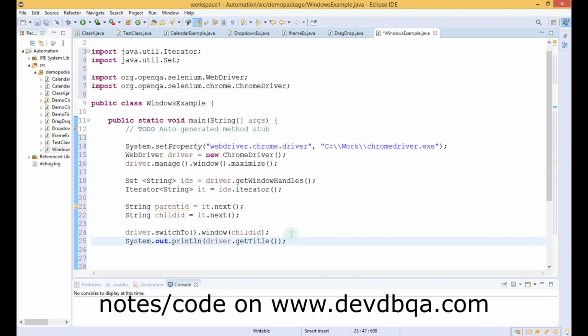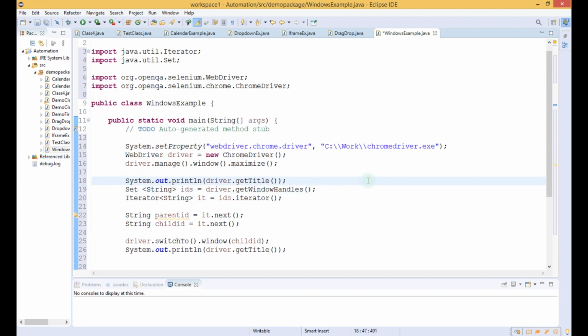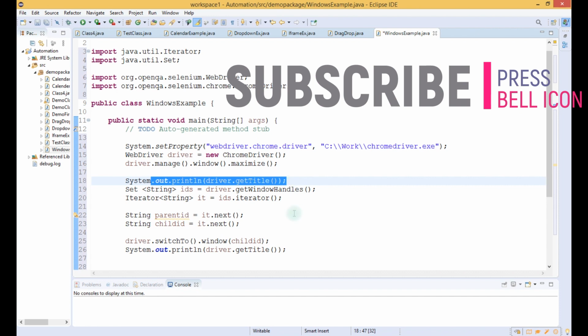Before switching, we can also write this statement so that we can get to know what the title is before switching and after switching. So I will write here driver.getTitle, right? It will switch to the child window and then print the title, and before switching it will print the title of the parent window, right?